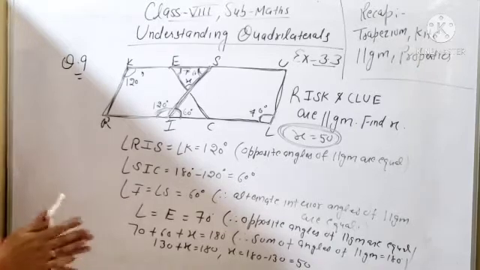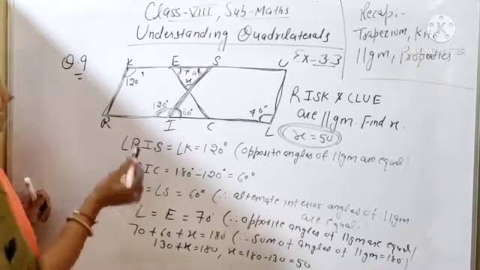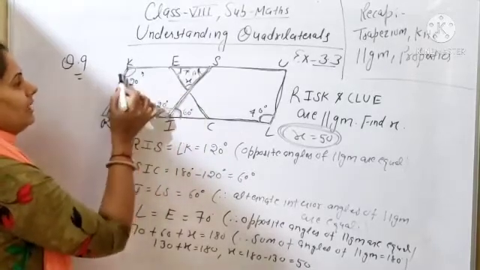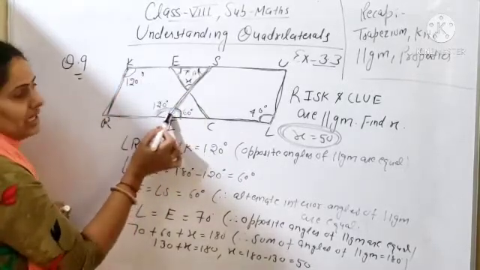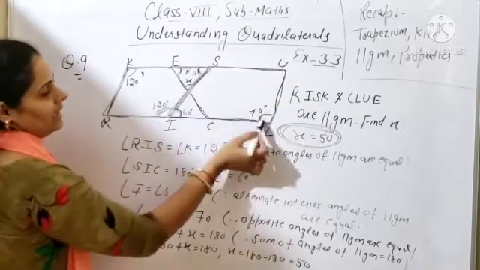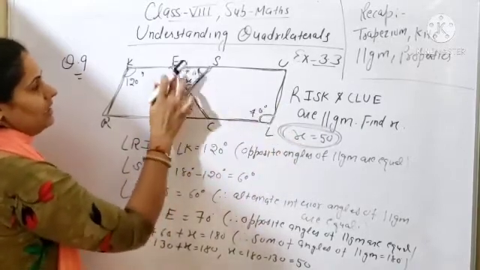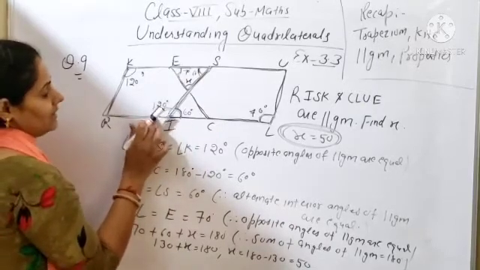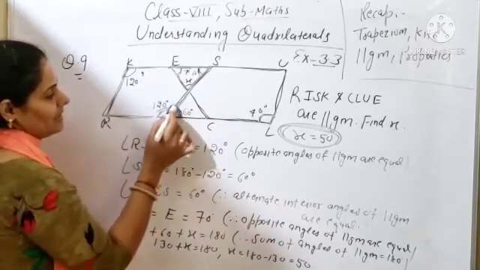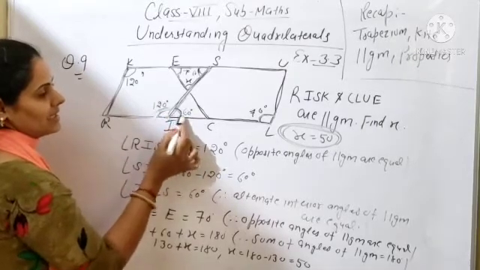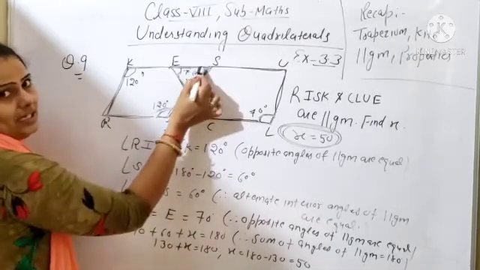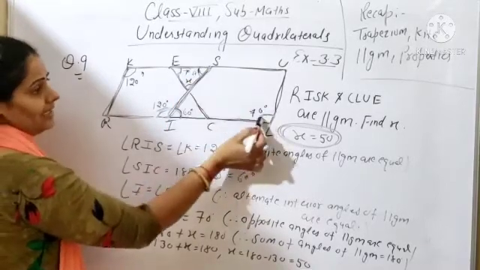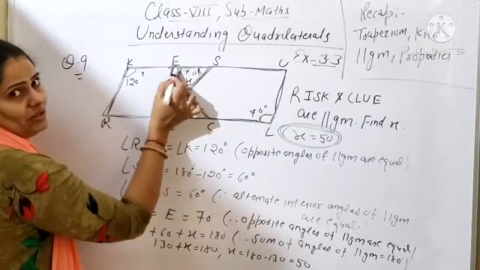So simply how will you use the property here? First you will take the parallelogram RISK. In this RISK, one angle is given, so you can find out the opposite angle. Same in CLUE, one angle is given, so you can find out the opposite angle. So this one will be 70. If this is 120, this one will be 120. This is inside. So what will be the next outside angle? 180 minus 120, 60. Now this angle and this one are alternate interior angles. So this one is 60, so this one is also 60. This one is 70, so the opposite of that will also be 70.